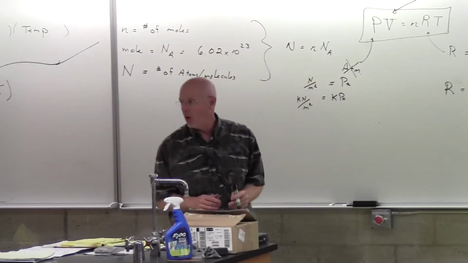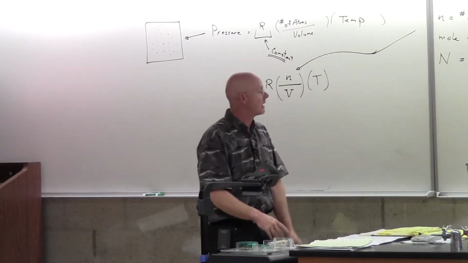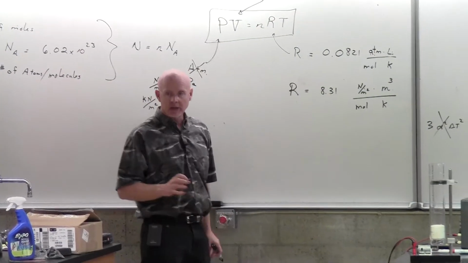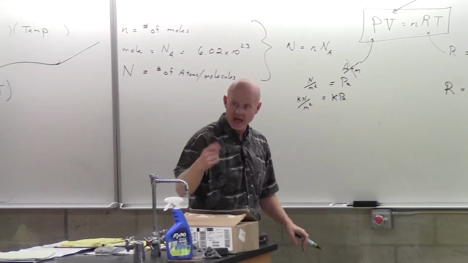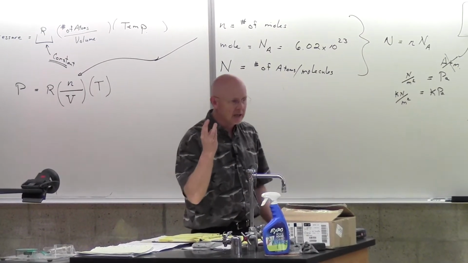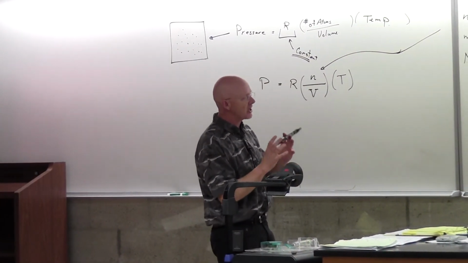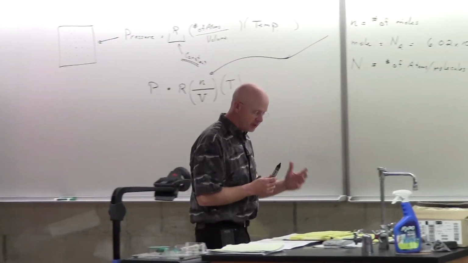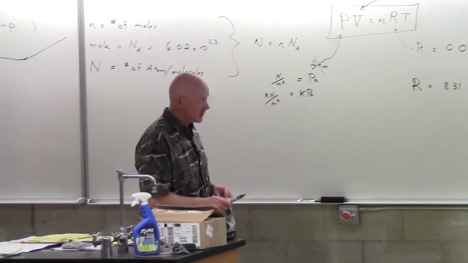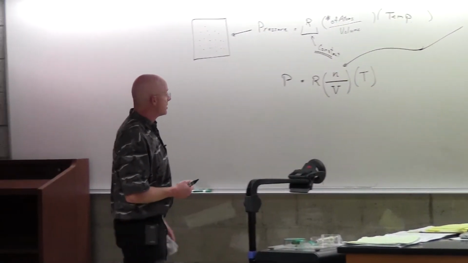It does not say 0.0821. And that was kind of a little warning I wanted to give you guys from chemistry. You could certainly do it either way. Obviously, they are exactly the same, and I wanted to make sure you caught that. But this is the mathematical relationship between the pressure of the gas, the volume of the gas, the number of molecules we have, and the temperature of the gas. They are related by some factor R, some multiplication factor. And in this case, the 8.31 is our base units, and that's probably what we'll focus most of our time towards.